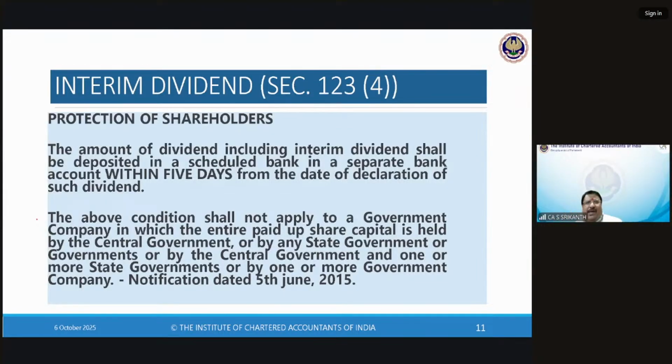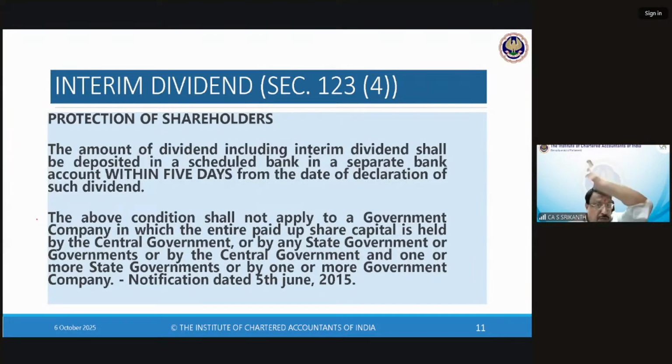Look here, you have declared it as a board of directors. Then pay. You can't use that money. So within 5 days, you transfer it to a separate bank account so that it goes out of your control. Otherwise they will continue to keep it in the regular account and save interest on the CC. This is not your money, it is OPM, other people's money. So note it, your honors, within 5 days, you should deposit it in a scheduled bank, in a separate bank account,